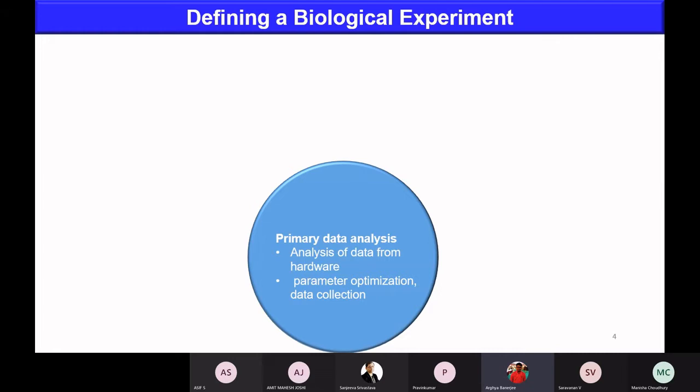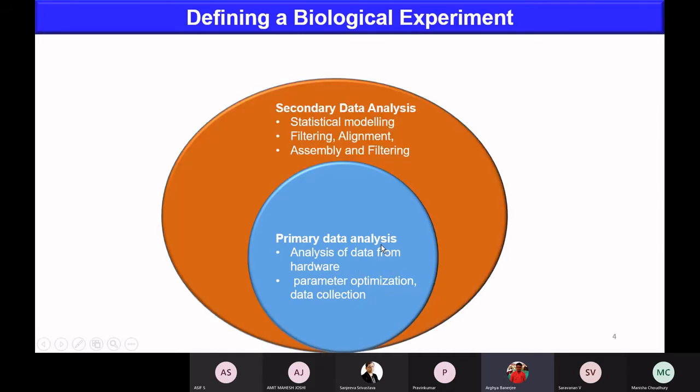It may be a mass spectrometer, it may be XRD, it may be NMR data. Any kind of data can be there, in any domain where the frequency domain can be converted into a feature domain with the help of Fourier transformation. You get a matrix. And what are the factors governing the primary data? Instrument parameters, parameter optimization, how the data are collected, on which date the data are collected, and whether you have used any internal standard or not. Those kinds of parameters affect your primary data collection.